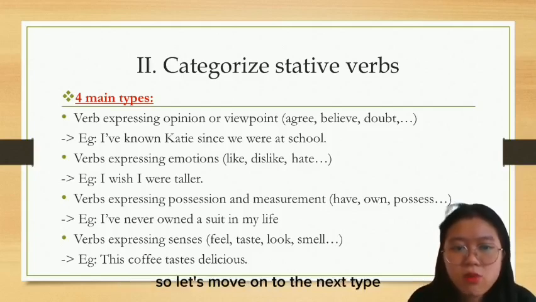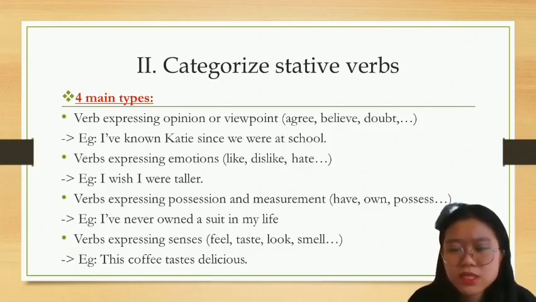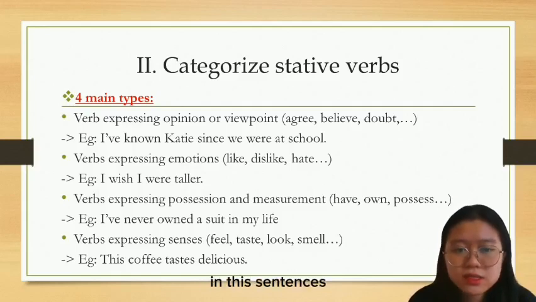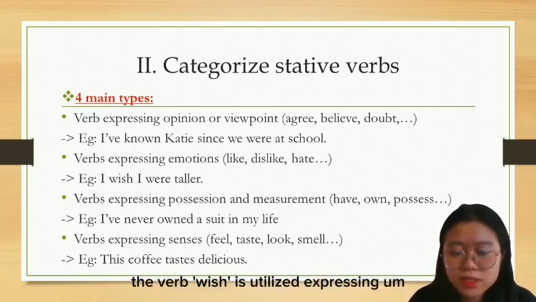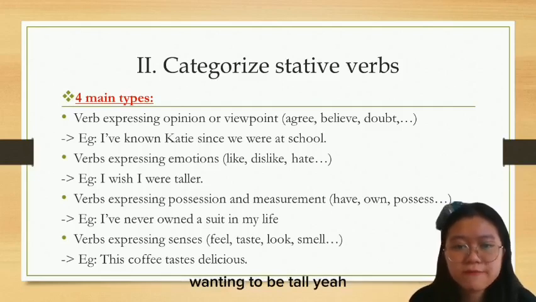Let's move on to the next type, that is verbs expressing emotion. We have some typical verbs like dislike and hate. A particular example for this is "I wish I were taller." In this sentence, the verb wish is used to express the desire of the narrator to be taller,